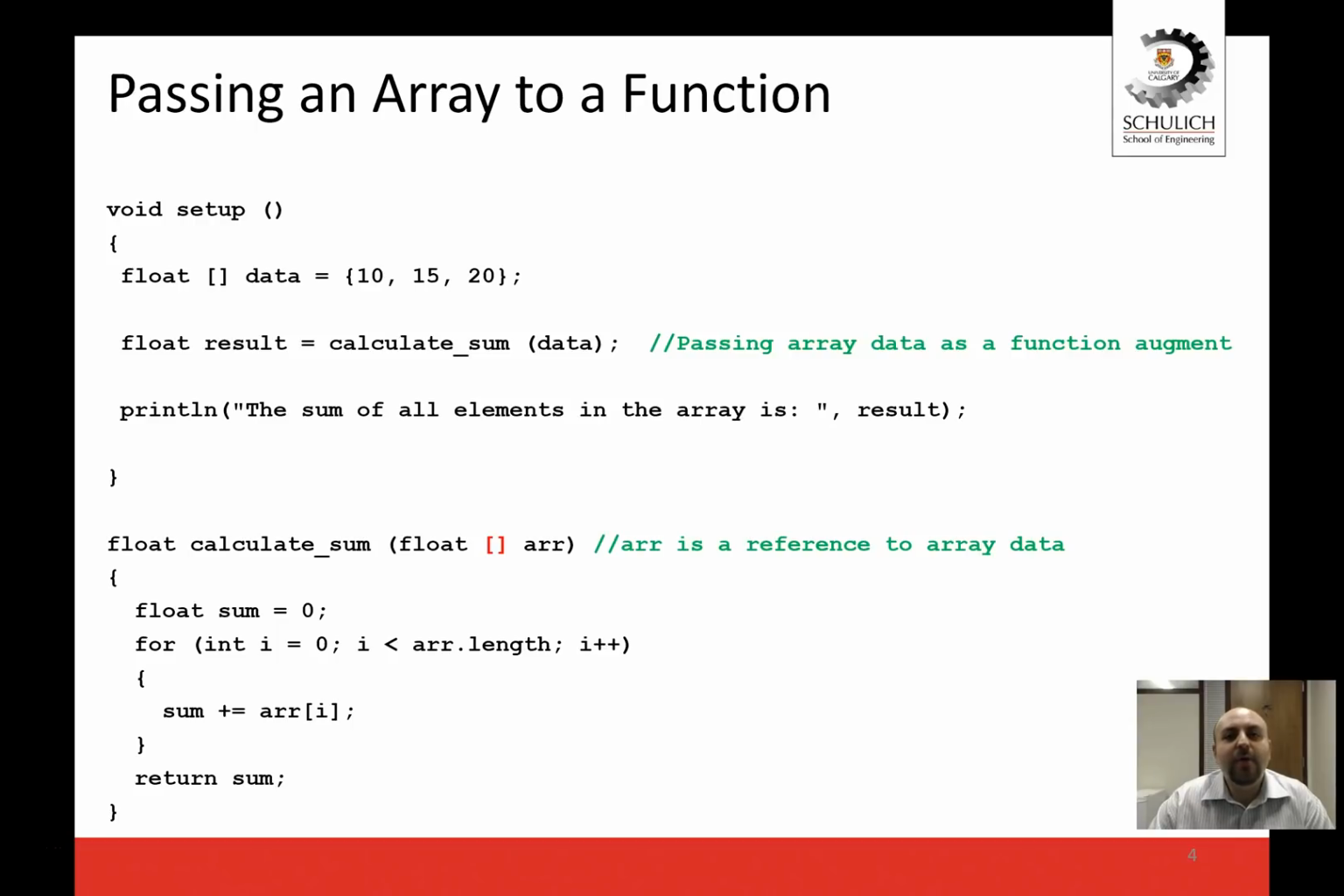Alright, now we know what pass by reference is in general, and we also know how pass by reference is represented in computer's memory. We're going to talk in detail about how pass by reference works in Processing. For the time being, let's look at a couple of examples of passing arrays to functions and returning arrays back to the calling function. So maybe pause the video and look at the code that I have up on my slide